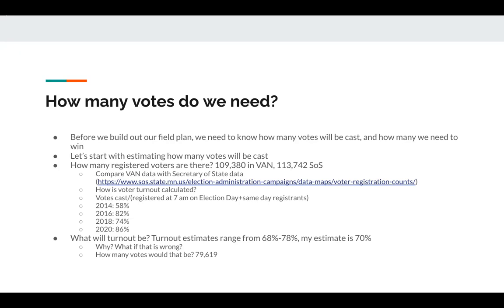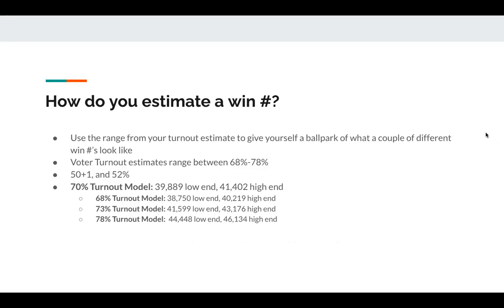And that brings us to our next step, which is estimating a win number, or the number of votes we need to win this election. Using our range of turnout estimates, we can start to figure out how many votes we need to get to win this election. When identifying a win number, it's helpful to consider 2 different things. What is the bare minimum number of votes that we need to get to win? And how many votes might we need if voter turnout is higher than